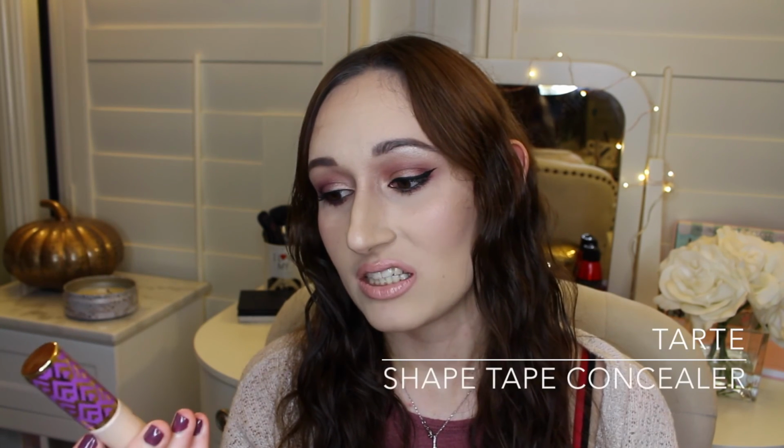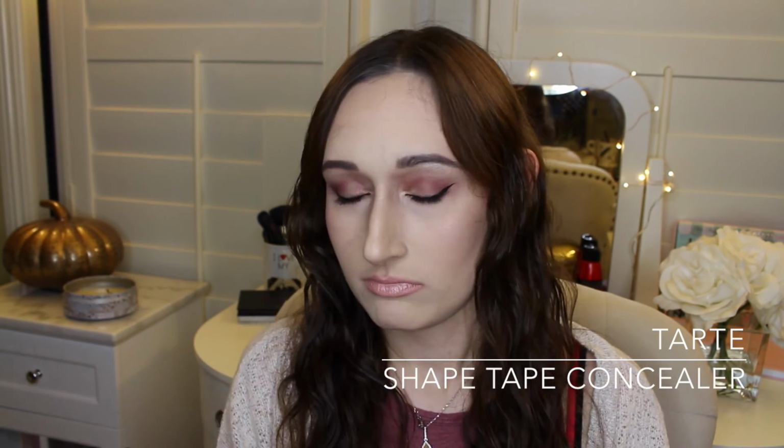It says undetectable medium to full coverage foundation. I would definitely say that the claim is correct, because when you're wearing it, it doesn't look like you have foundation on. It blends into your skin so well, but you're still getting full coverage. So I like this. Okay, next is the Tarte Shape Tape Concealer, and I have the shade